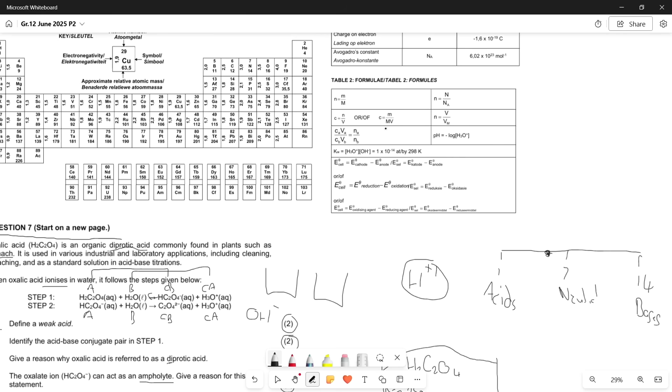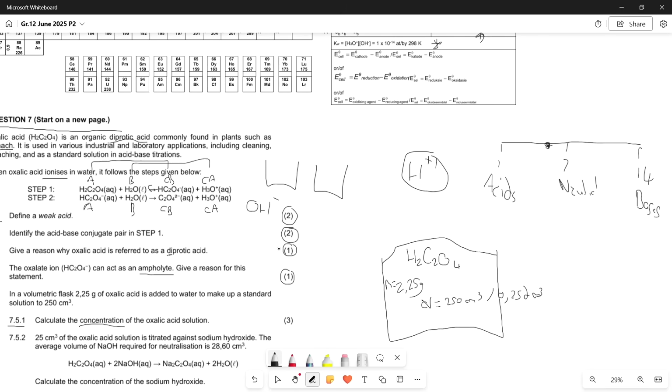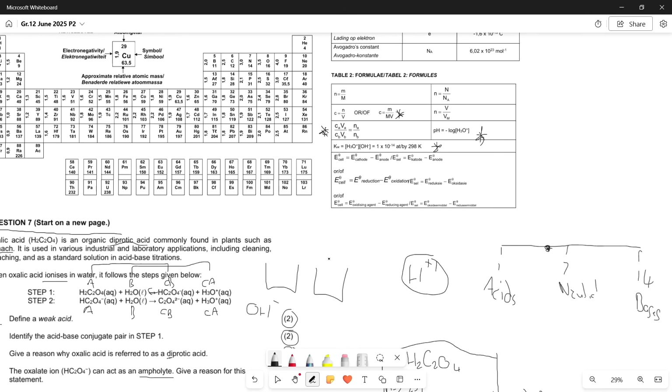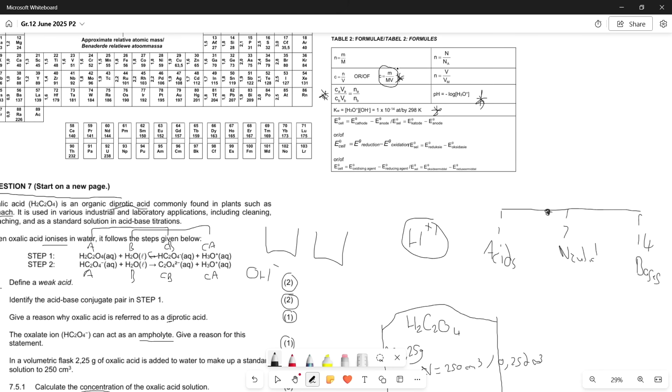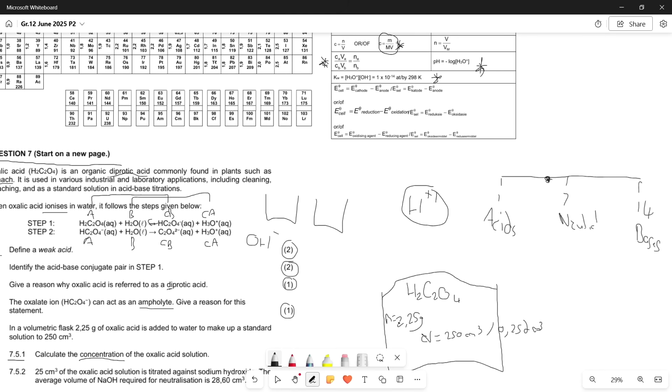So we have our different formulas here for acids and bases. So we have this guy, we have that guy, we have this guy, and we have this guy. And if it is only 3 marks, it means we're usually using either this thing over here, C equals n over V, or C equals little m over capital M times V. And this guy is very common here for 3 marks, considering we have the mass, we have the volume. Great. We can always get the molar mass on the periodic table,